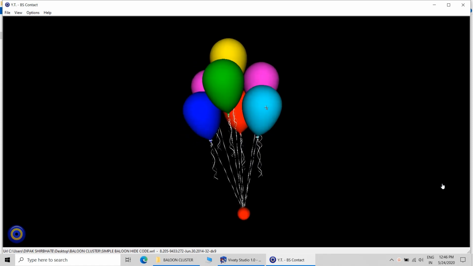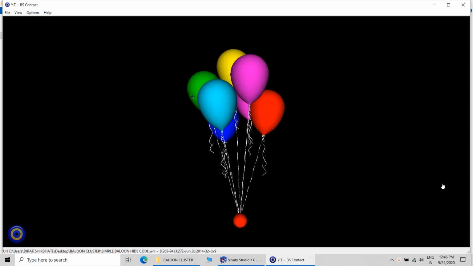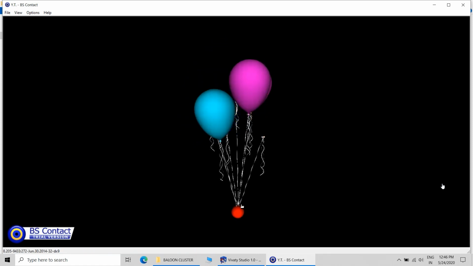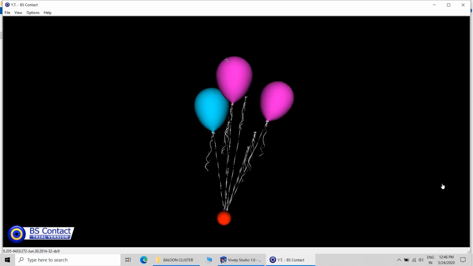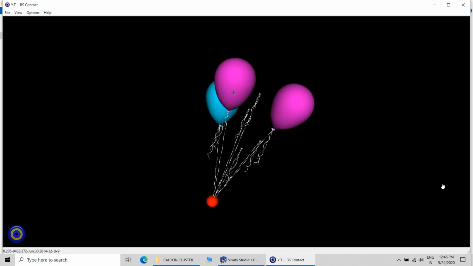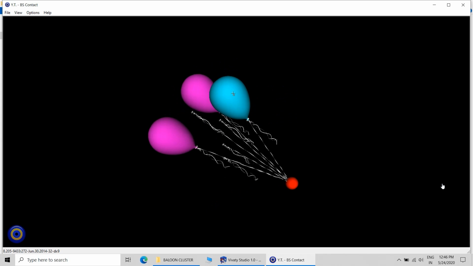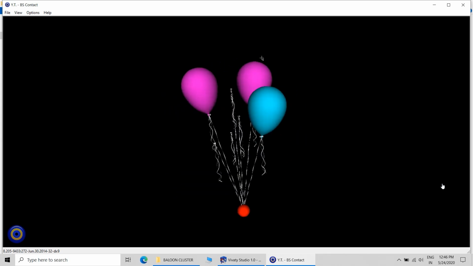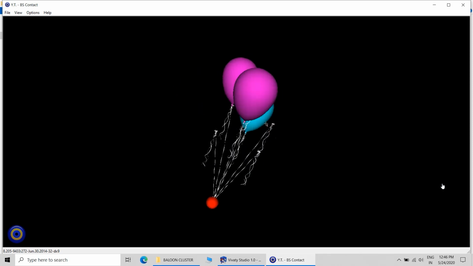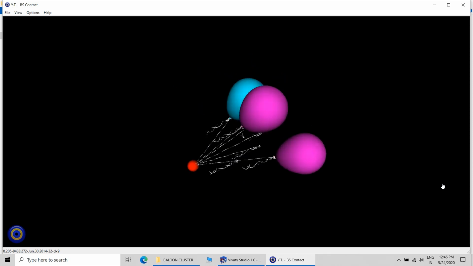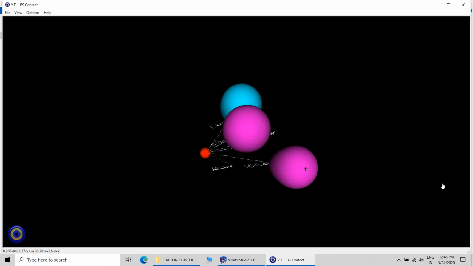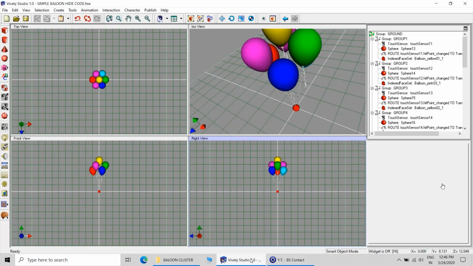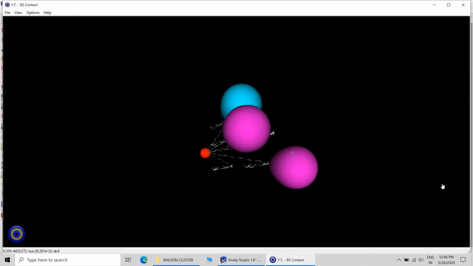Actually, our touch sensor is associated with a group, and that group is associated with our sphere. So moving the cursor over the sphere can cause the blast of the balloon or the balloon to hide, whatever you say. We can hide the balloon or we can blast the balloon.